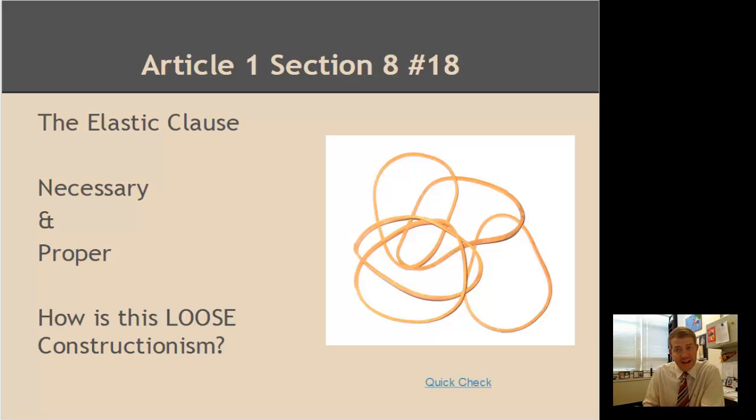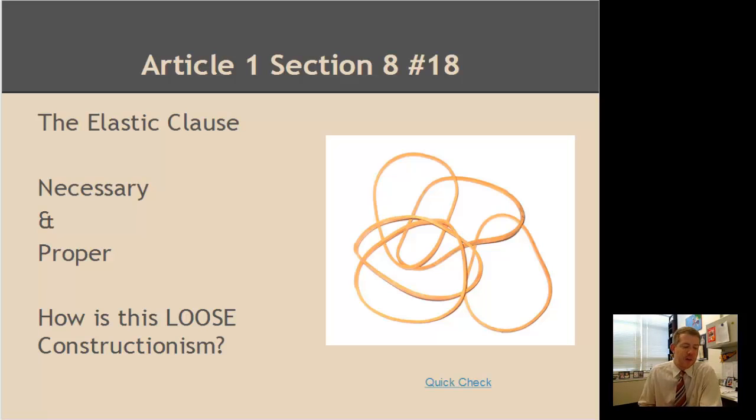And what we talked about in class, we made the comparison to fundamentalism, where the literal word is what you translate it into and how you apply things. Loose construction would be the opposite of that, where you look at the text and you say, this is written this way, however, it's open for interpretation. It needs to be adaptable was one of the words that we used.